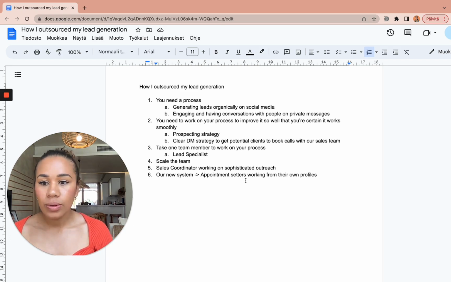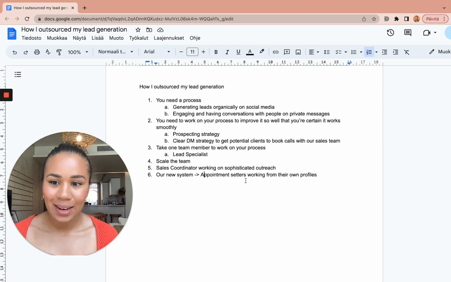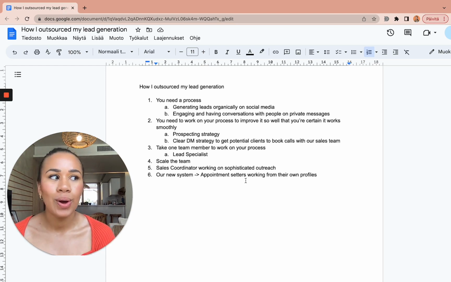But also what we are going to be trying in the near future is definitely ads, because we want to scale, we want to grow, we have something really special to give to the world, to our ideal clients who are mostly female coaches who are really skilled, but they are underestimating their prices, and they could get premium clients and price their products in a premium way. And that's what we really want to help them to create, the freedom of entrepreneurship, why they even started as entrepreneurs in the first place.